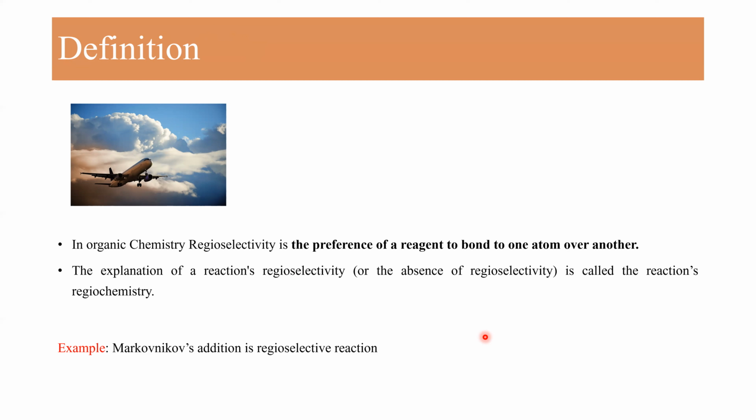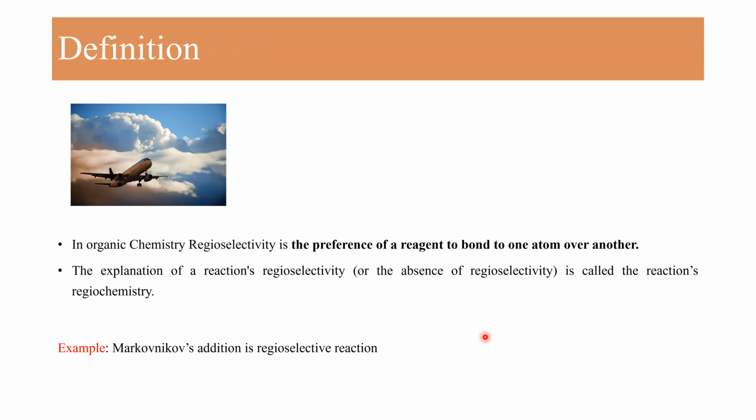The common example is the Markovnikov addition in regioselective reactions. We know that when alkenes react with a halogen compound, there is an addition reaction. The addition either follows the Markovnikov rule or does not, and that depends on the reaction conditions. Generally, when we treat an alkene with HBr, which is a halogen acid,